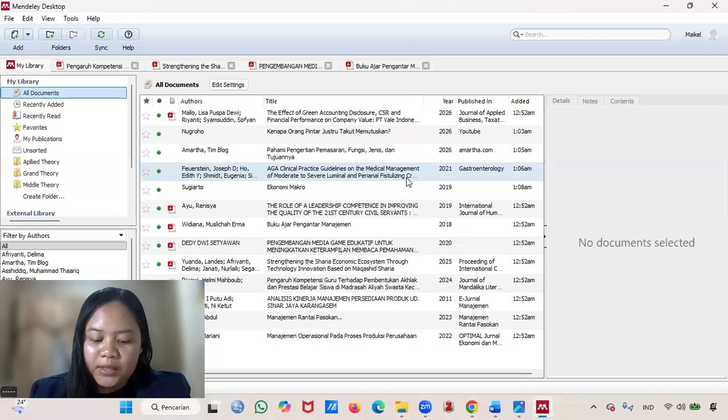I hope this tutorial is helpful and enables everyone to produce neater and more credible academic work. Remember, attention to detail in reference management is the key to high quality research.